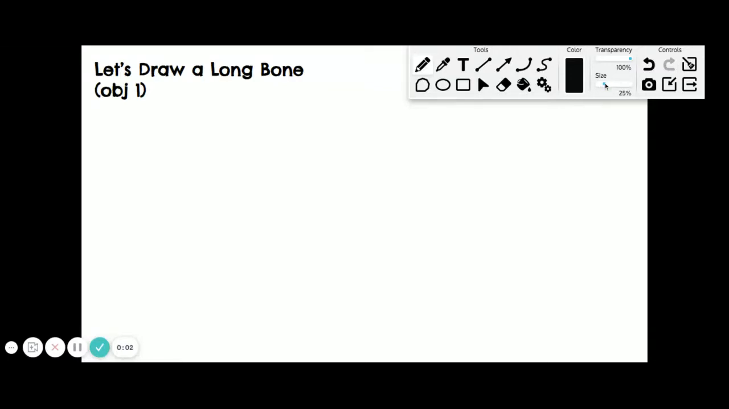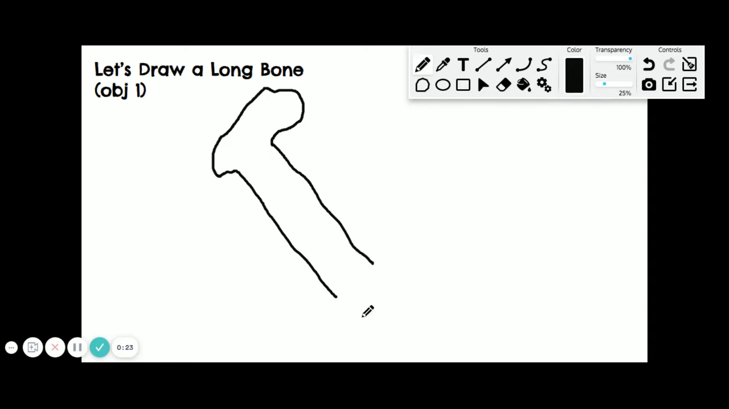Okay, folks, let's go ahead and draw the long bone, which is associated with objective 1. So if you have not gotten checked off for objective 1, one thing that you can do is just draw me a long bone and tell me about its functions and relate that to the functions of the body as a whole. And so if you draw your long bone,